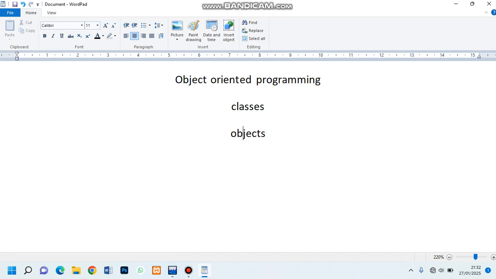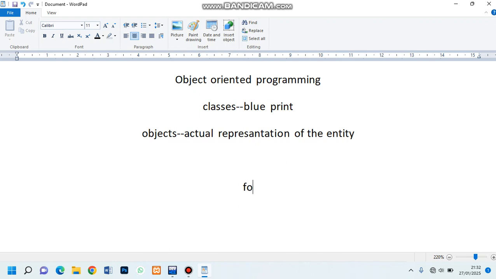So a class basically is a blueprint of what we're going to do, and then the object is the actual representation of the entity. Let me call it entity. So for example, if we have a class motorcycle